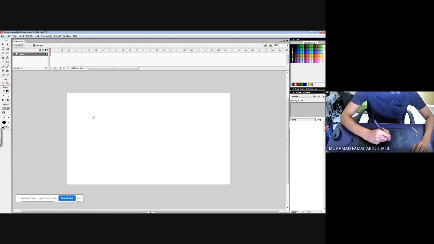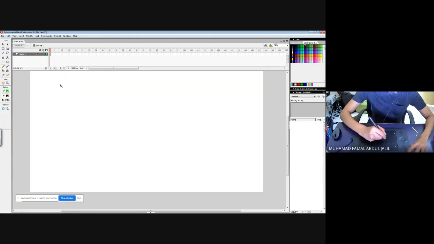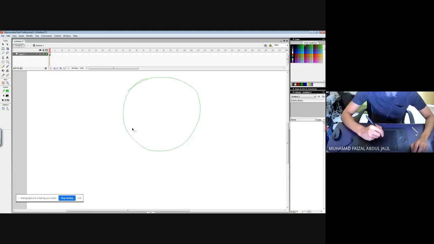So B is basically for the brush tool. You can click the paint bucket here to change the colors. The line tool is basically to draw lines, but not using the brush. If you click the brush tool, of course it's going to use the brush. You have to click the buttons over here. You guys can see there. The pencil tool draws a very clean line. Some productions still use the line tool; they always use the line tool to draw the characters.